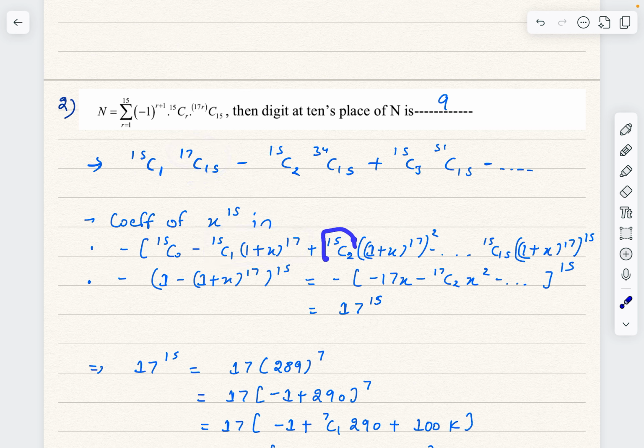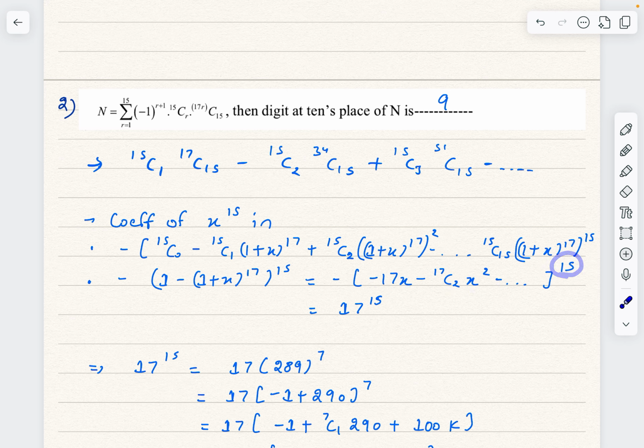Next will be 15C2 (1 plus x power 17) whole square, so that you get 34C15 when we find coefficient of x power 15 here. And keep on doing that till 15C15 (1 plus x power 17) whole raised to power 15. So if you see this, this will be nothing but expansion of (1 minus (1 plus x power 17)) whole raised to power 15. And when you expand 1 plus x power 17 inside, the first term 1 gets cancelled out. You will get (minus 17x minus 17C2 x square minus 17C3 x cube and so on) whole raised